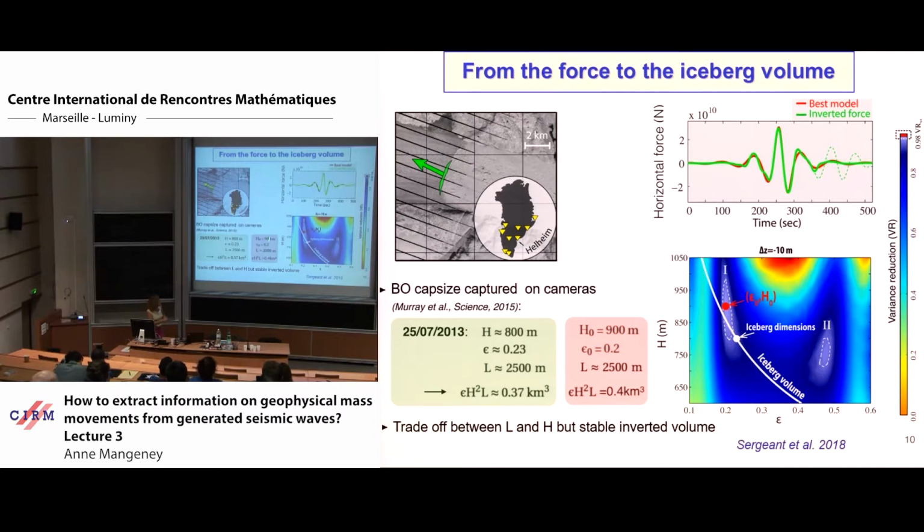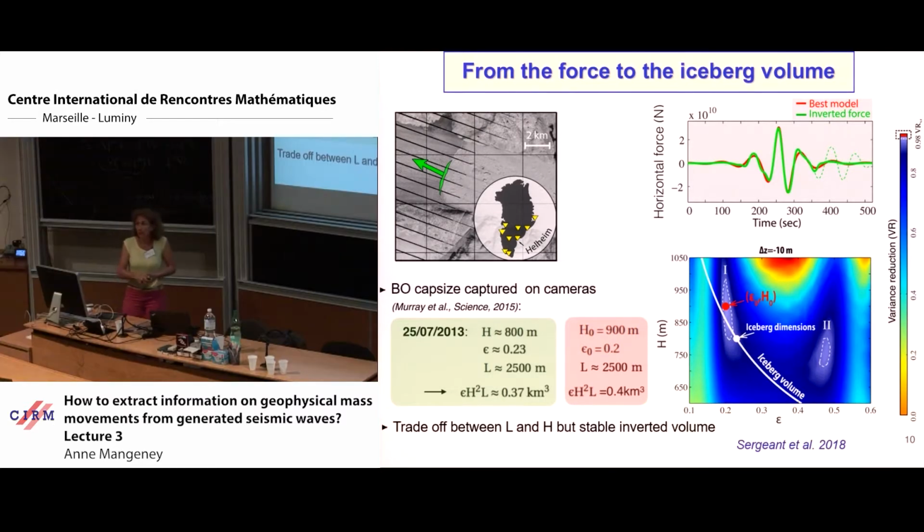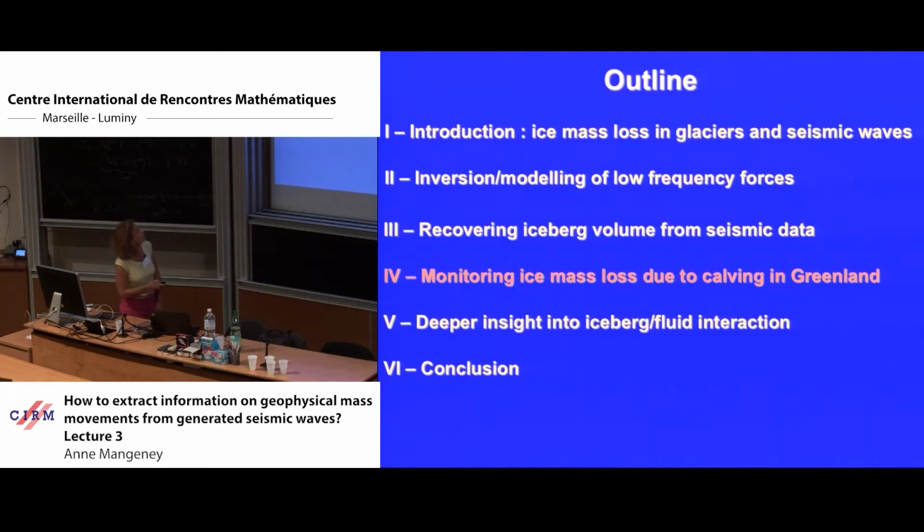So we have these values from the inversion of the model, which are quite good if we compare with the real values. So we have errors, but still a reasonable order of magnitude of the volume thanks to this method. And so now that we have this, we can invert the 20 years of data that we have on iceberg calving. And it is what we did.